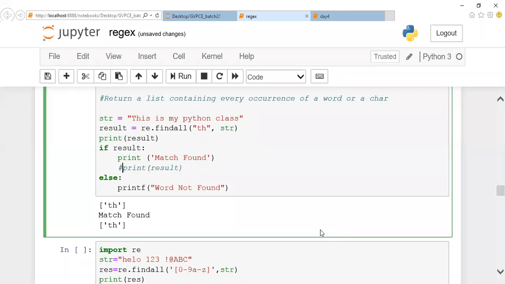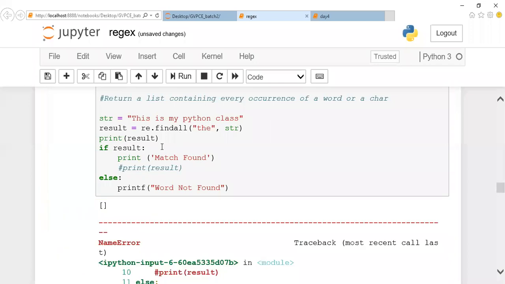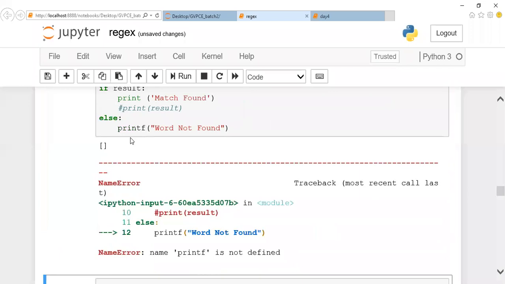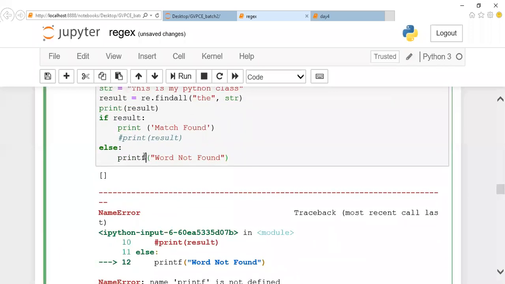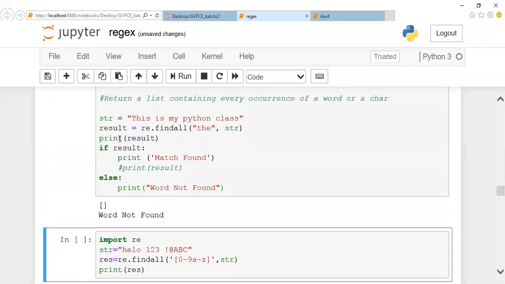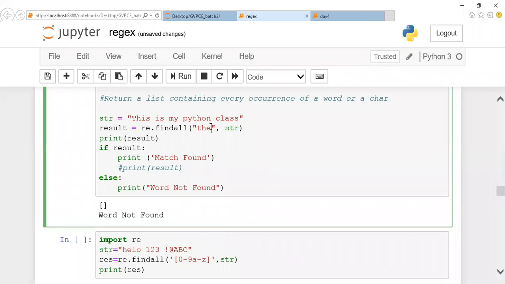It is not required. In the same case, if I give THE or something, now I execute, you can notice that this particular data is empty. There is no data there. Let me reduce the printing. You can notice that right now this particular data is empty. If it is empty, this if condition will be treated as a false result. If the data is there, it will give you a true result. If the data is not there, it will give you a false result. This is how your if condition works.